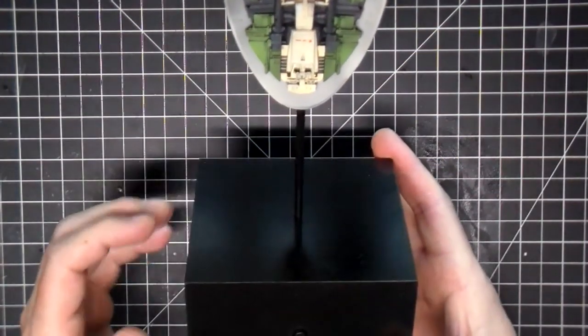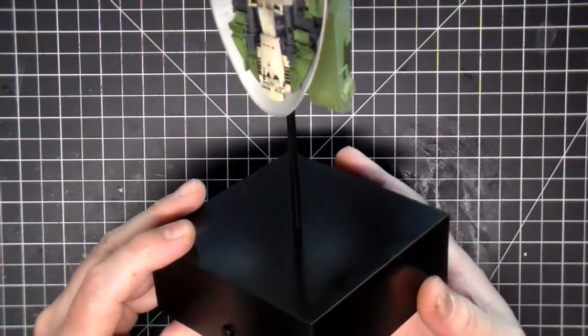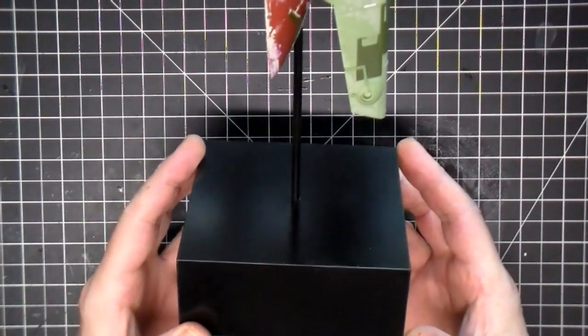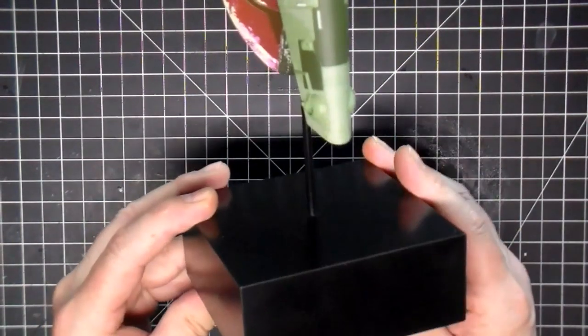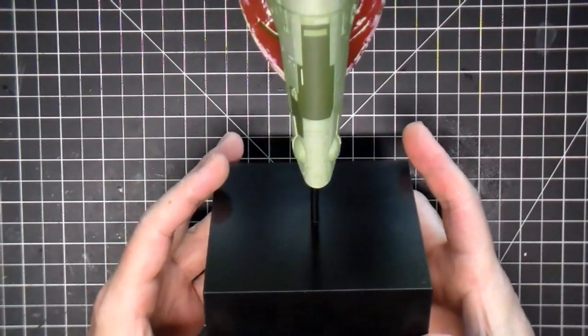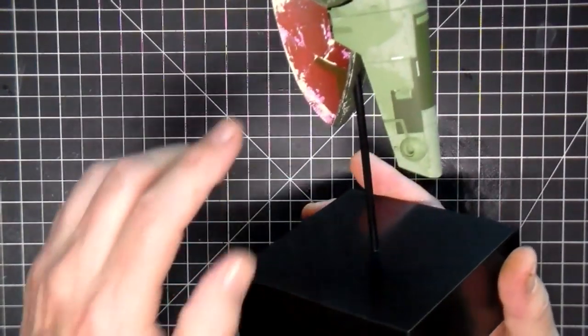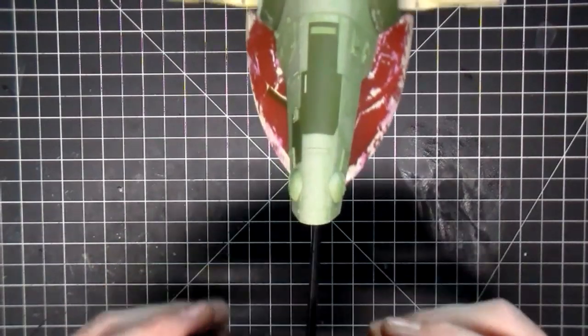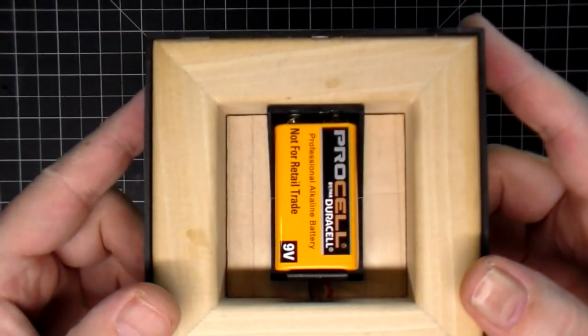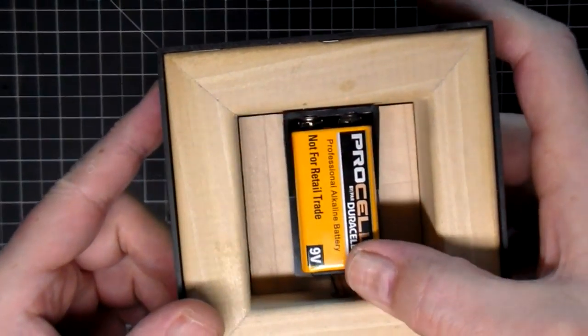And the base is done. I don't care too much for this paint. I probably won't use it again because it just picks up fingerprints way too easily. So once I get it all done, I may mask off this and spray another color on there or something. But the wiring's all done, the battery's in there,